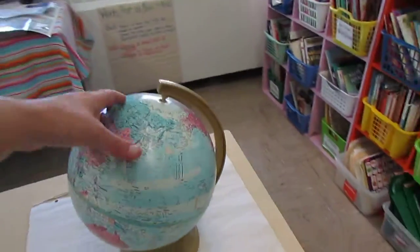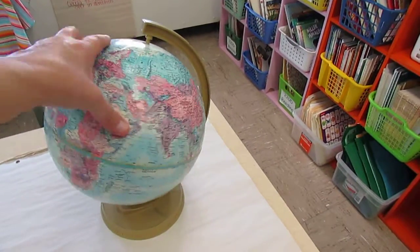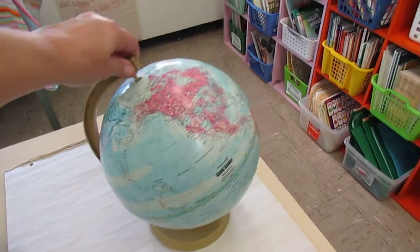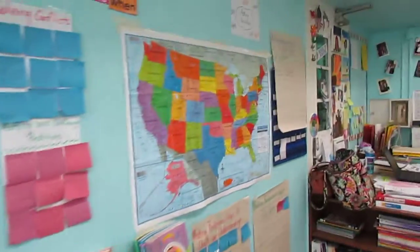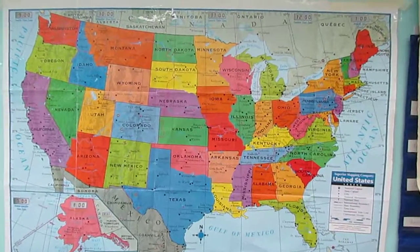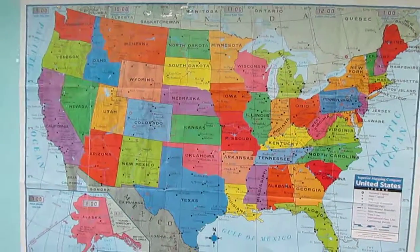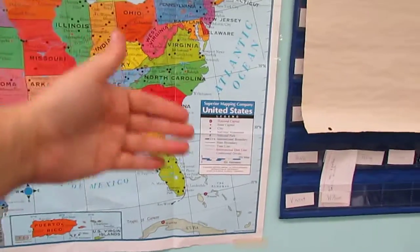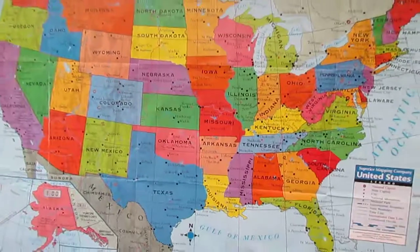This is my globe. We refer to this quite often, especially when we're talking about where we're from or where our ancestors are from. This is my dollar map from the Dollar Tree, best investment I've made all year because we're constantly referring to it. We talk about cardinal directions on that. We talk about map keys